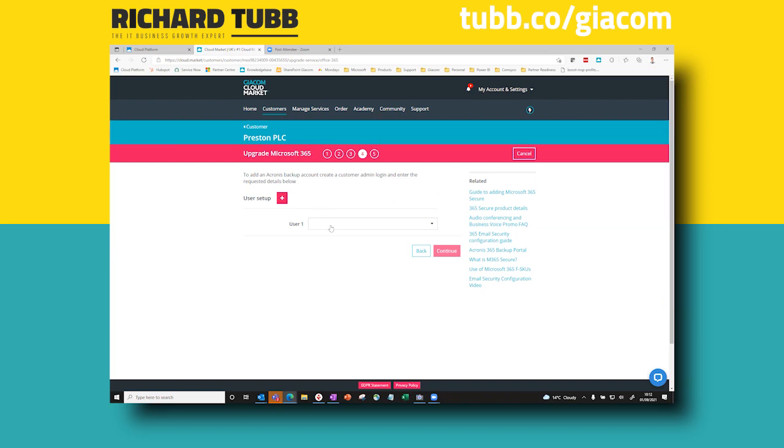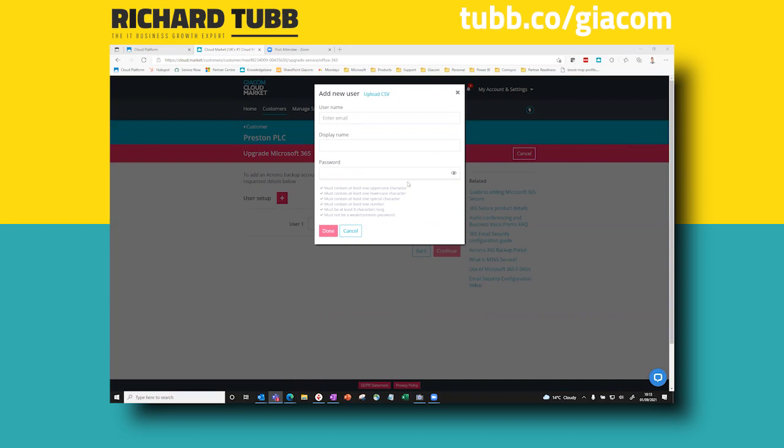Now Acronis, we need to create a user in Cloud Market for it to use for the login, essentially. Now I don't have any users on this customer, so when you drop that down, it will show blank, it won't show anything. So we just need to create a user very quickly. Okay, I've got my email address and I'm going to put that in there. Obviously, this is just a created tenancy for the purposes of this demo, but normally you would have a standard email address, not a Microsoft created domain, essentially. So I'm just going to put